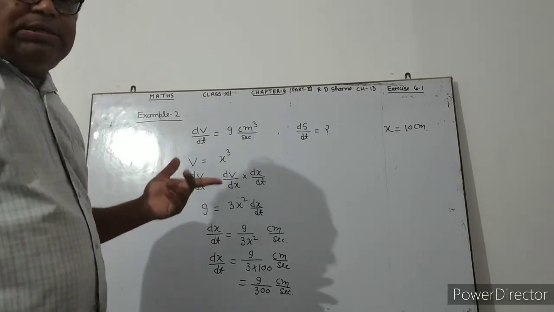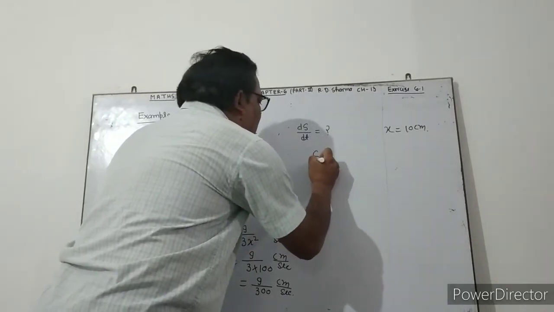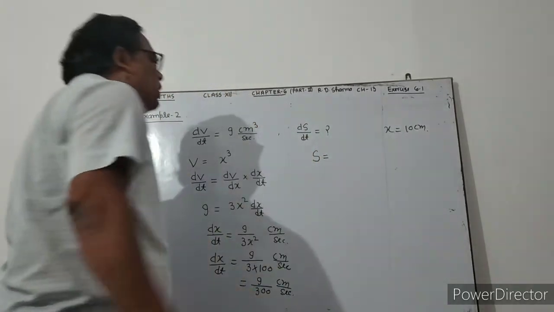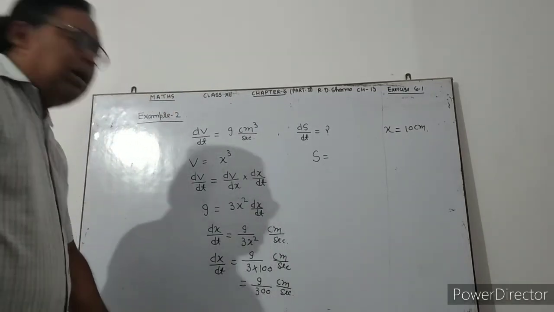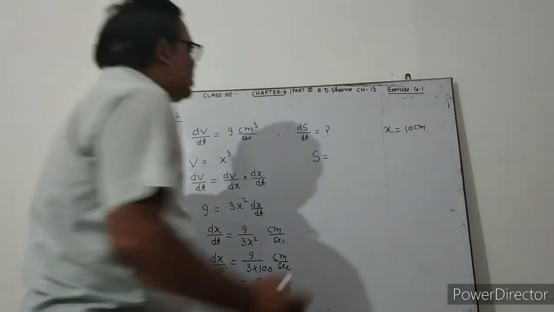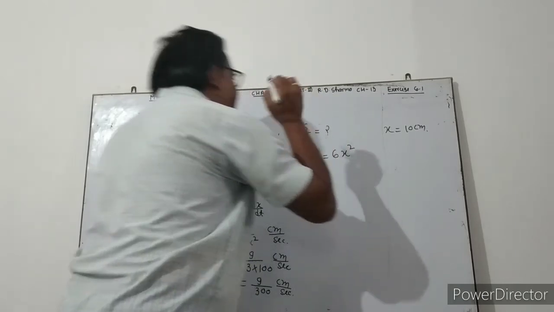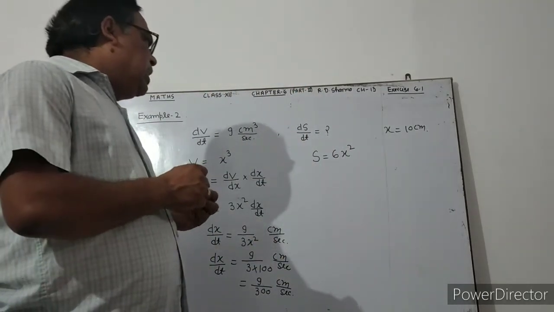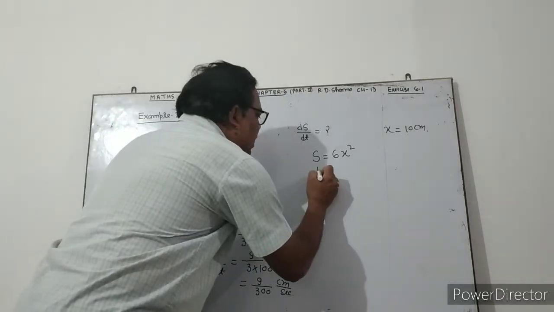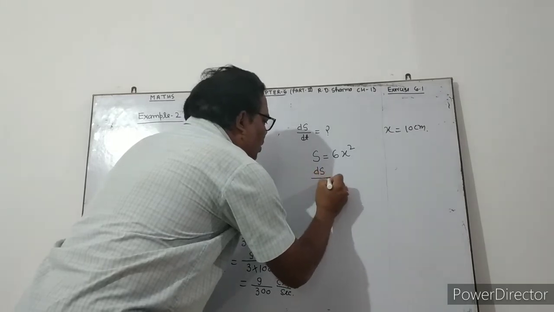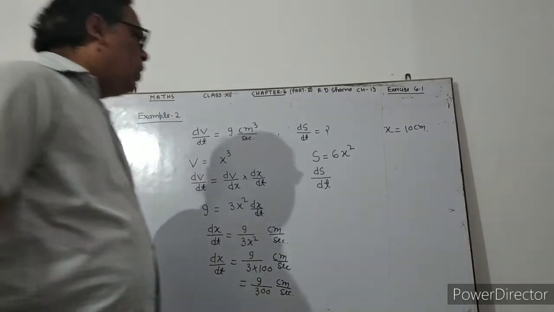Then what is a? What is x? Then S is the surface area of the cube, which is 6x squared. Now, the rate of change in the surface area, dS upon dt, is equal to